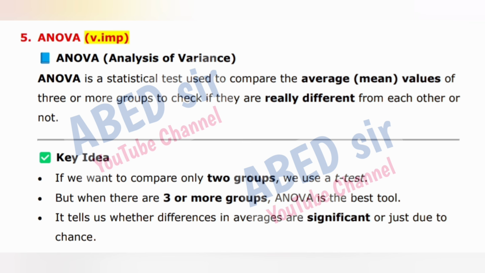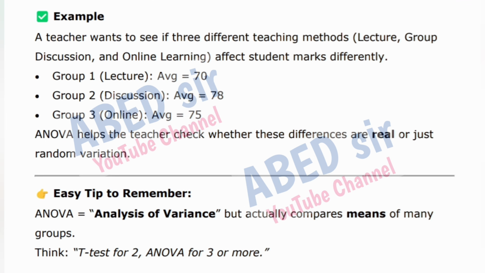If we want to compare only two groups, we use a t-test. But when there are 3 or more groups, ANOVA is the best tool. It tells us whether differences in averages are significant or just due to chance. Example: a teacher wants to see if 3 different teaching methods, lecture, group discussion, and online learning, affect student marks